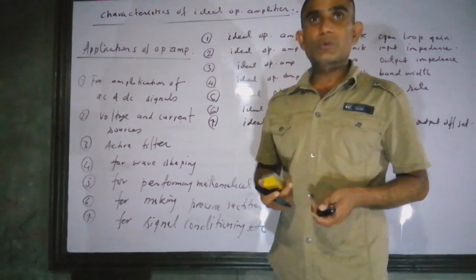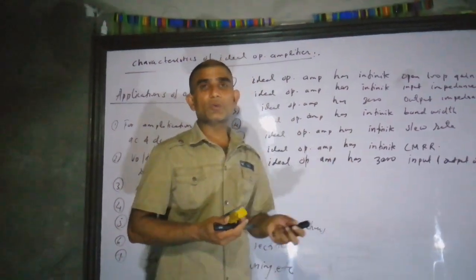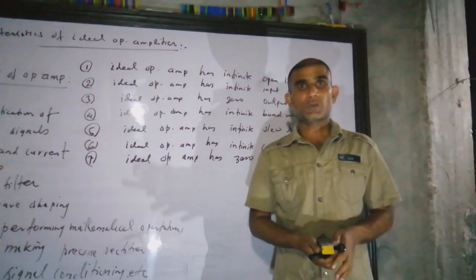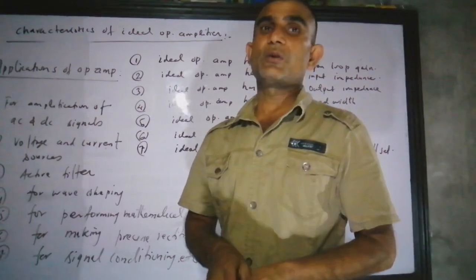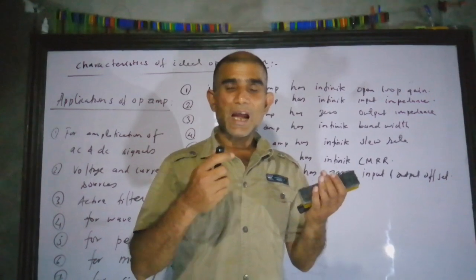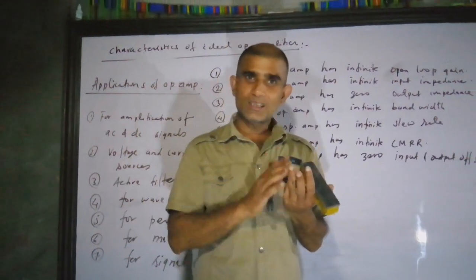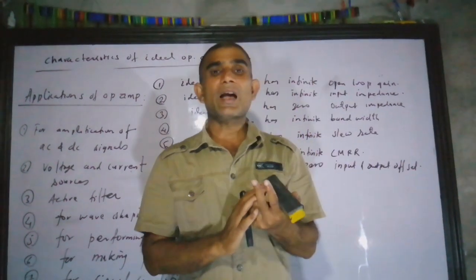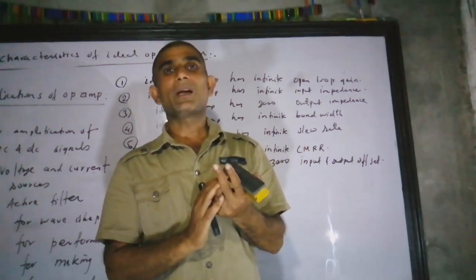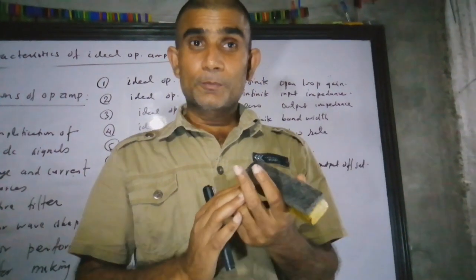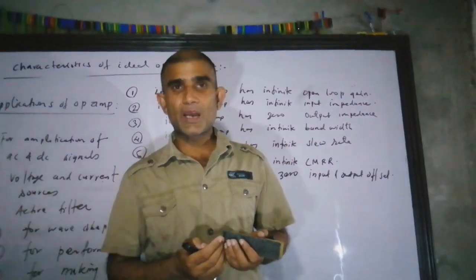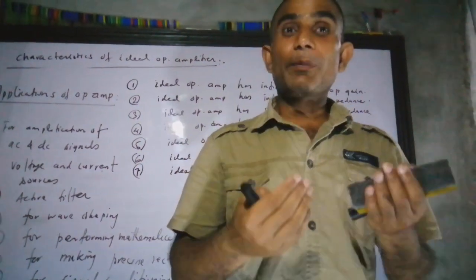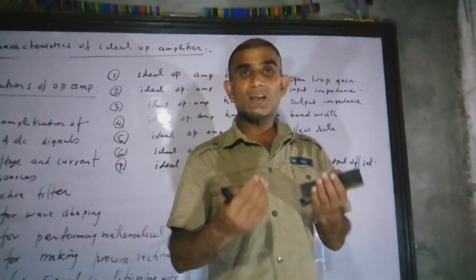Okay, so this was the introduction part which we discussed, and I wrote all this for you to note. To understand the operation of the operational amplifier, we have to start with the CE amplifier. First we learn the CE amplifier, how it works. Then we learn the differential amplifier, and then we go to the main topic of the operational amplifier. If you have the concept of the CE amplifier and differential amplifier, then it will be very easy for you to understand this topic.